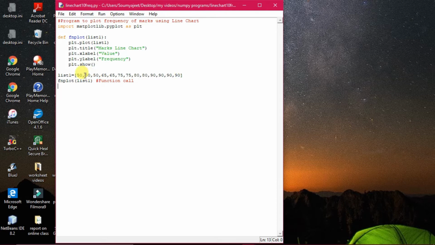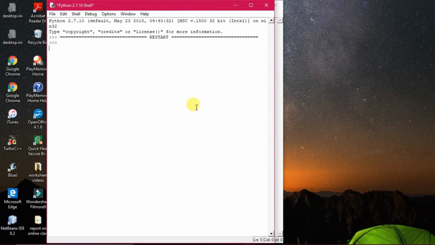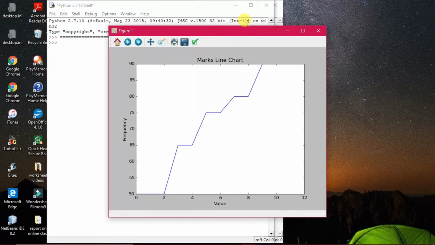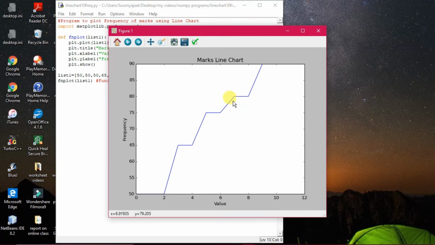You can see out here there are 53 values, 65 2 values, 75 2 values, 82 values, and 90 is having 4 values. Now let us see the frequency table, how it looks. Whenever we do the frequency chart, we have to analyze the values and all, then we will see the next. Okay, now you see out here 50 is having 3 values, covering from here, then it is going to the 65 2 values, then it is going to the 75, then 2 values, and then 80 there are 3 values, I think. Okay, 6 7 8, like that. All right, and then 90 is having 4 values.